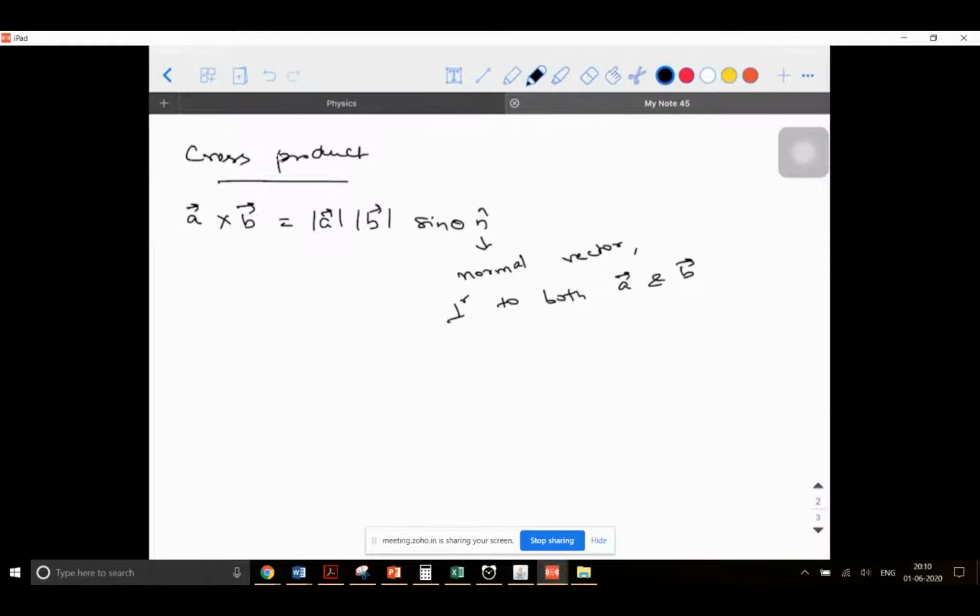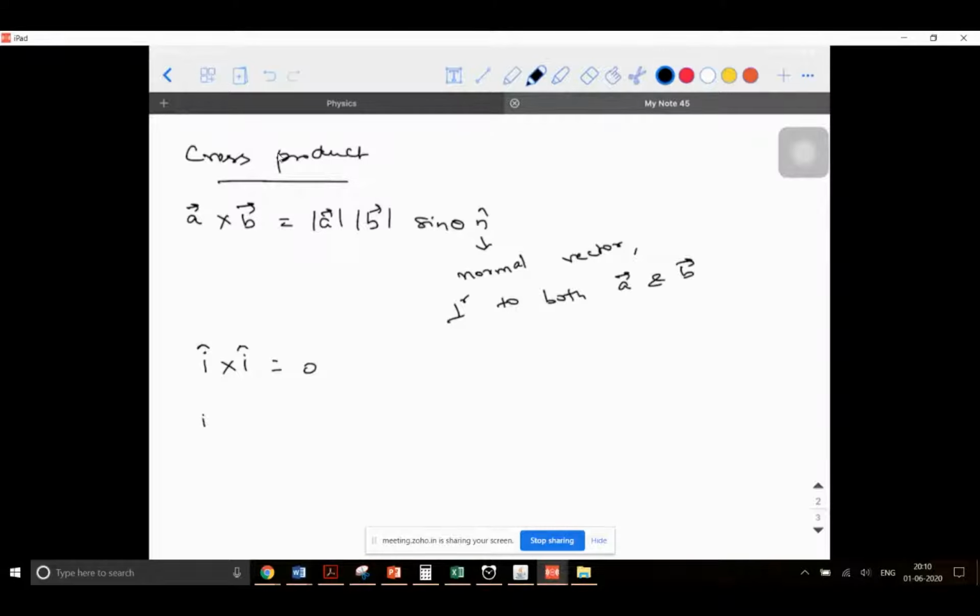So that is what this cross product is all about. I will show you how it actually means. Before that, I want you people to tell me what is I cap cross I cap. Someone try to answer. Sir, 0, sir. Reason? Angle between I and I is going to be.